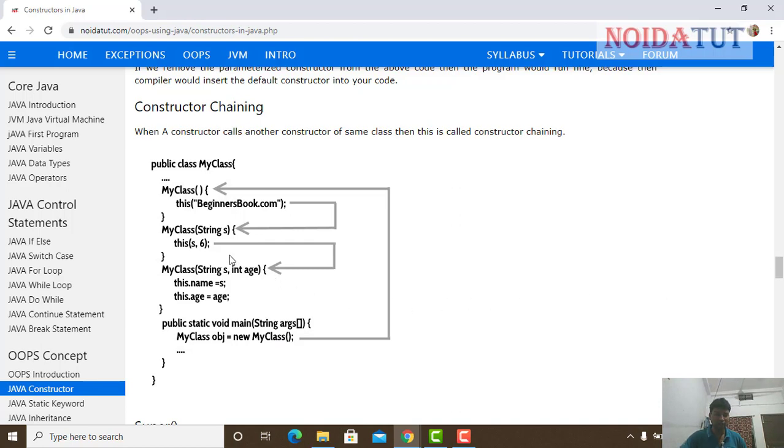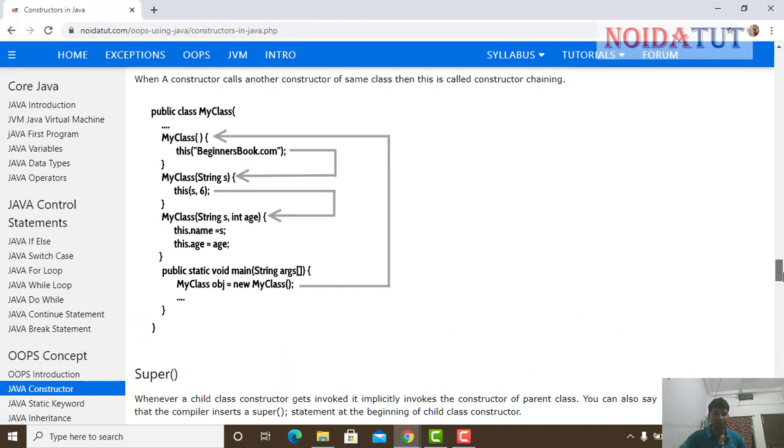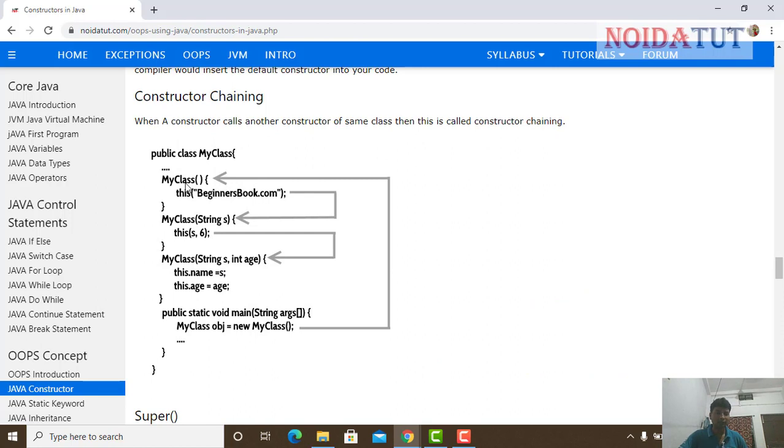Now in this you can see that a class is there, MyClass. In this we have defined a set of code. Now in another constructor we have another method, and in this we have passed the parameter, and you can see that it is going to call this function.